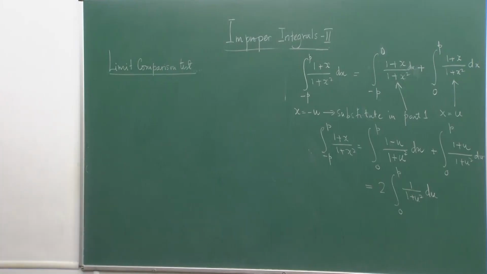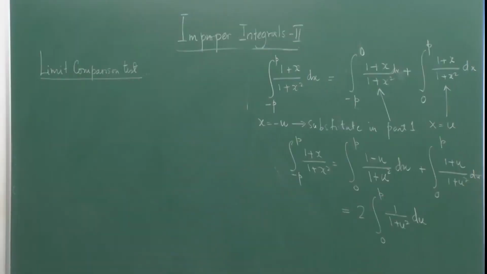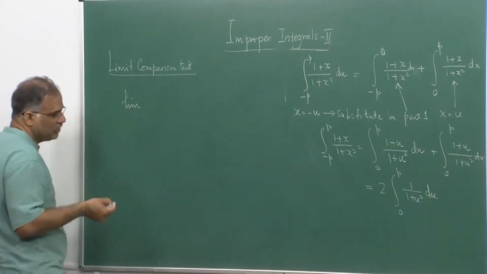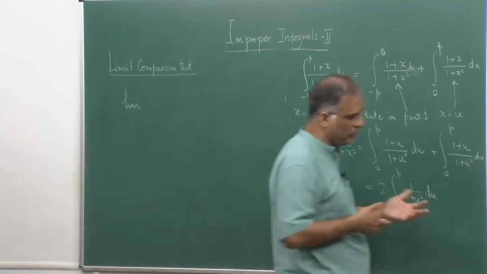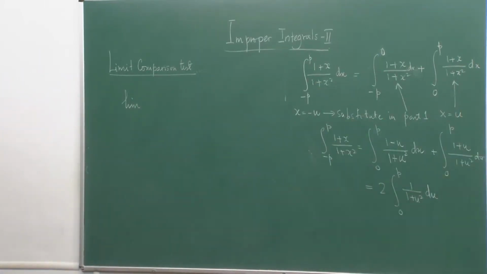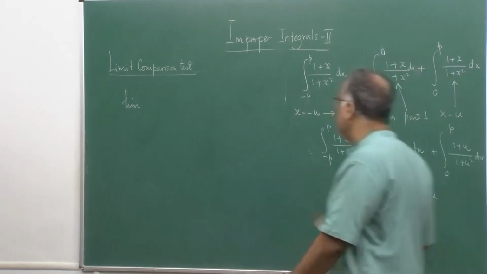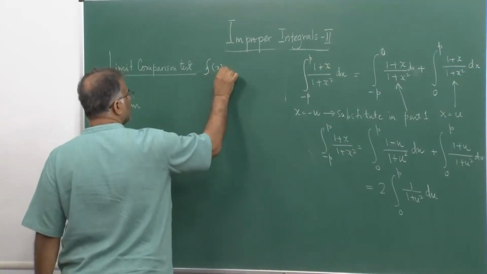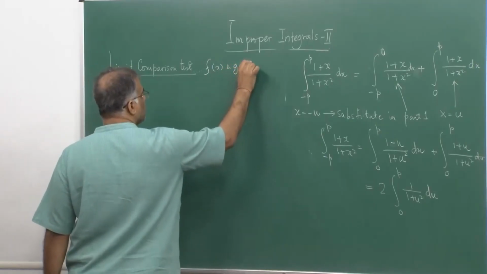So, the limit comparison test says the following. I am writing the statement from Thomas and Finney or Thomas's calculus, but it is a standard result you can find in too many books on analysis. So, you have two functions f and g, and you do not know what their nature is. So, I will have two functions, f(x) and g(x), which are positive functions